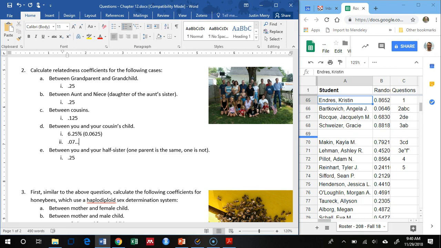But we can. This is a nice predictable pattern, and you should be able to figure it out for basically any reasonable relationship. So, if you go find your great-grandfather's cousin or something, you should be able to figure out your relatedness to that individual if you really want to. It's kind of a fun thing to do if you're sitting around at Christmas time and you want to try to figure out exactly how many genes you share with each of those people. That is a knowable thing.